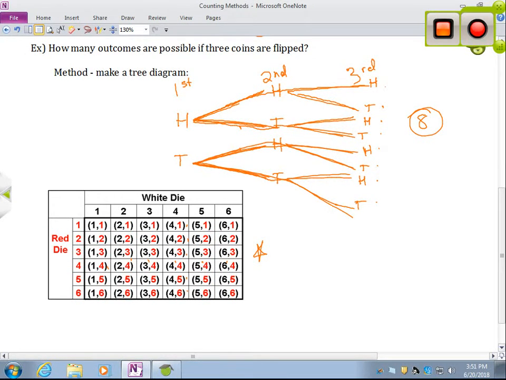Or maybe the question is, how many of them have a sum of less than 5? So then we can say 1, 2, 3, 4, 5, 6 of them have a sum of less than 5. It's a lot easier to count those kinds of things when we're looking at all 36 possible outcomes instead of having to recreate that chart every time. So again, I recommend that you keep that with you.